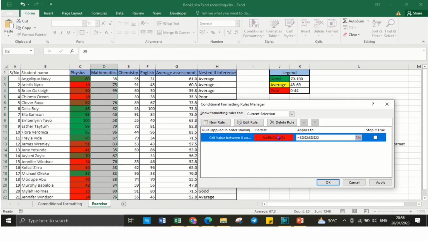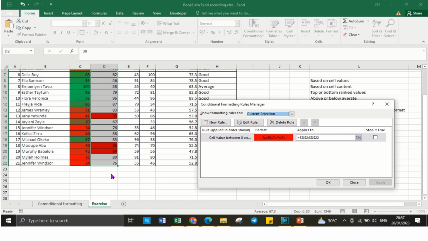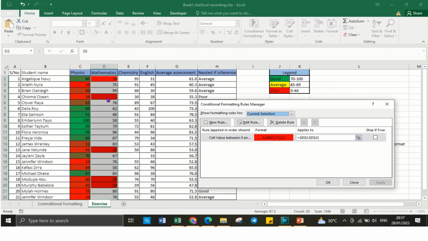Simply, if you look at it here, you see select cells, cell value between 0 and, we're not seeing the whole thing, but below my mouse you can see 0 and 44. That is the rule we had selected, and this is the color format, and this applies to everything in column D, from D2 to D44. Once you click on apply, everything that is between 0 and 44 is highlighted. However, this blank here is not supposed to be part of it because it's a blank, and we have the option